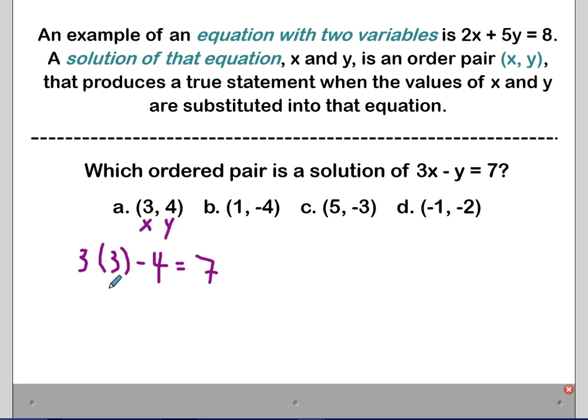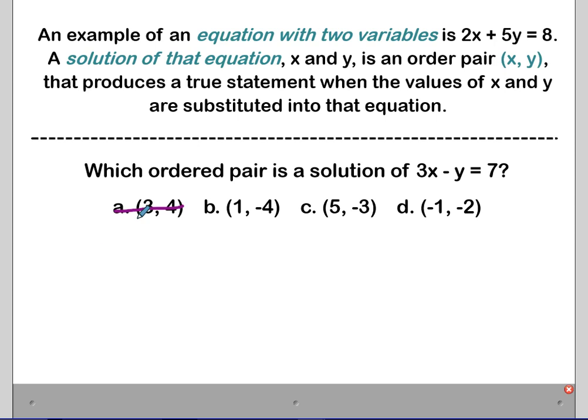So then 3 times 3 is 9. 9 minus 4 is definitely not equal to 7. It equals 5, so this is not a solution to my equation. All right, so we are going to just guess and check the next one. So we know A is not a possibility,